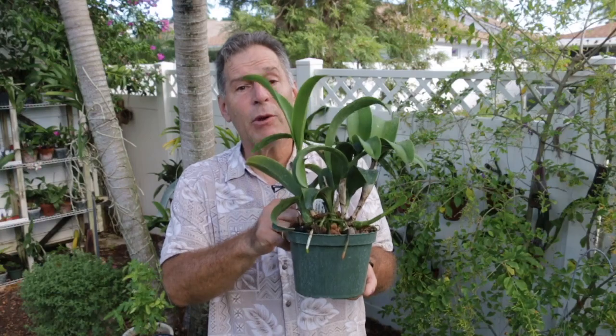These are large enough to flower, but I don't know how long it's going to take to flower, and more importantly, I don't know when they're going to flower. Anyway, back to